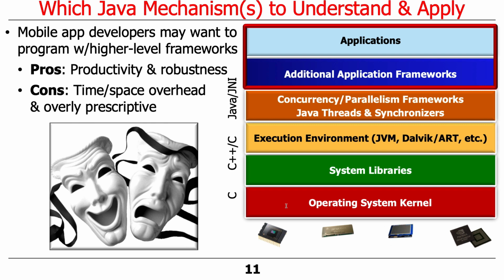So the pros of using the highest level frameworks are that you become more productive as a human being because you don't have to spend as much time wrestling with these low-level concurrency and synchronization mechanisms, which are tedious and error-prone. Your code will hopefully become more robust because you won't be wrestling with these issues, so the accidental complexities won't creep into your solutions. The downside, of course, is that these frameworks also add overhead. It doesn't come for free,